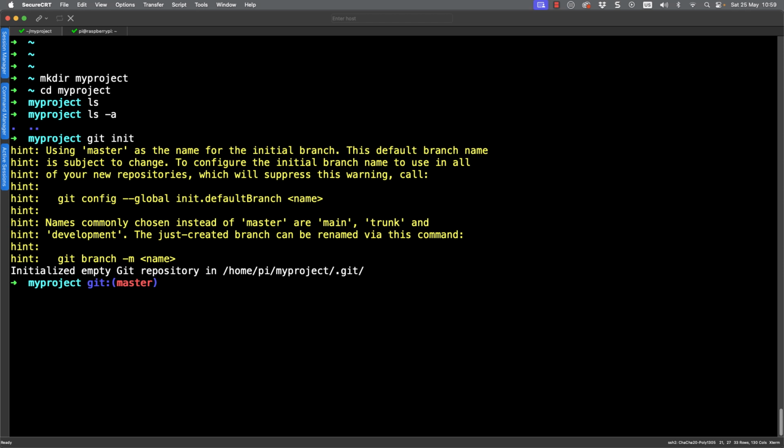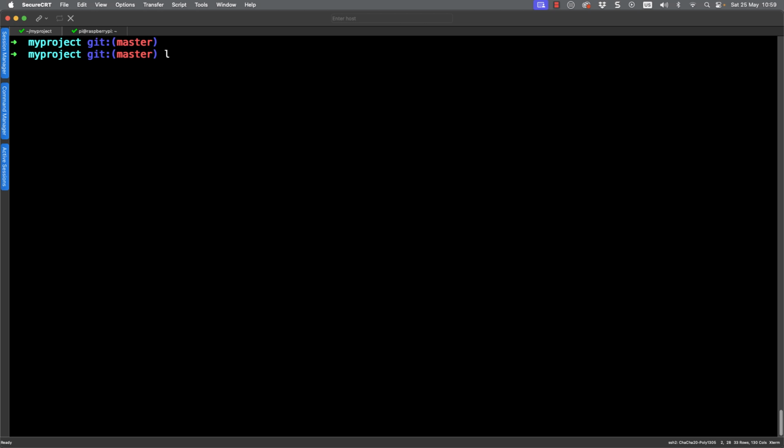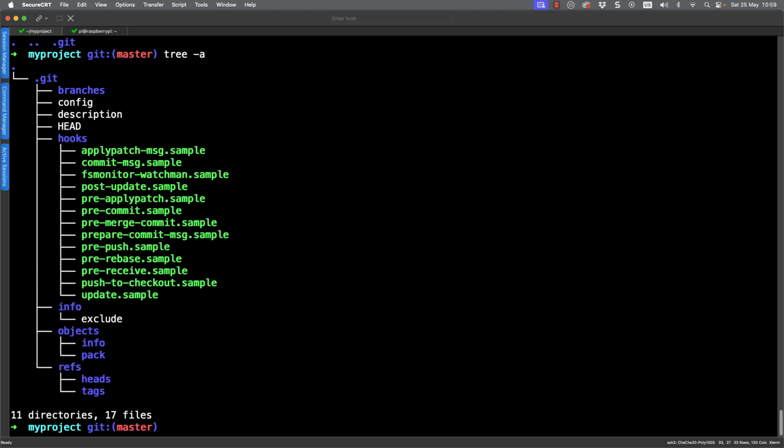But anyway, having created the Git repository, when I look at ls -a now, I have the .git subdirectory. When I look at tree -a, look at this, we can see what it's gone and created for us. So within the .git subdirectory, we have branches, we have hooks, and look at all those sample scripts, info, and objects.